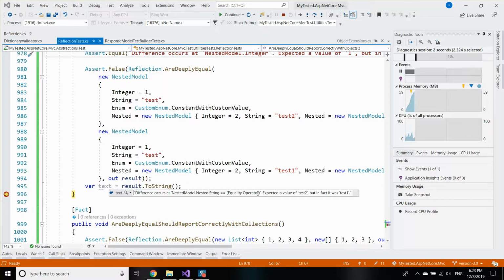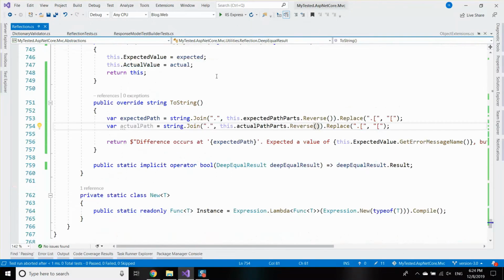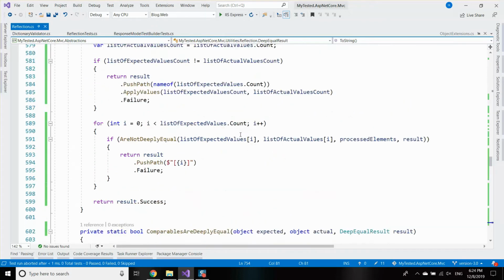That equality operator is a bit too much in the message, I believe, because that's the default equality operator. So strings are compared